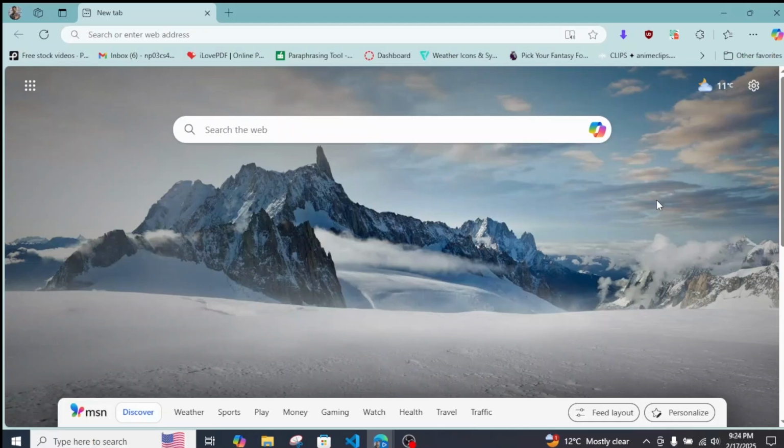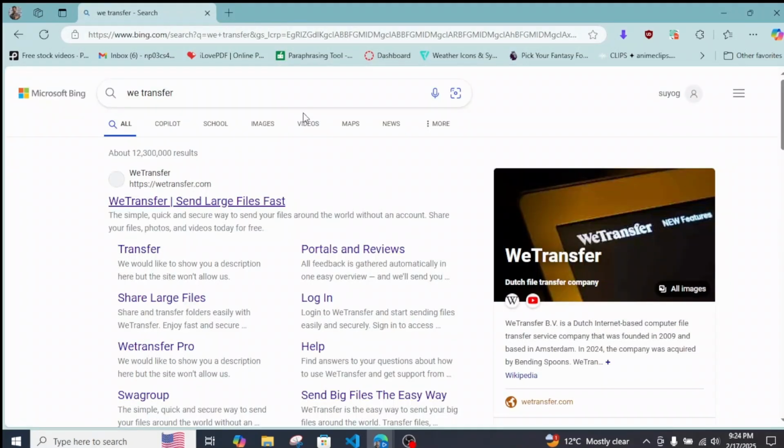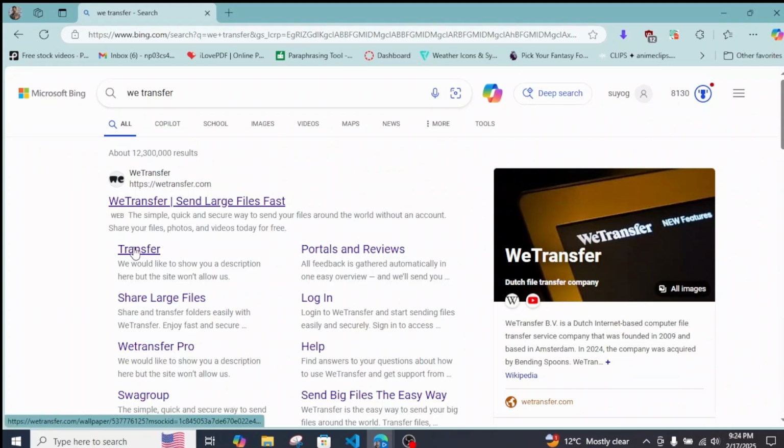In this video I'll be showing you how you can easily create your WeTransfer link. So first thing, it's a pretty simple method. Just head over to any browser and search for WeTransfer, and once you search for that, just click on the first link, or you can just click on this transfer button. So once you click on it,